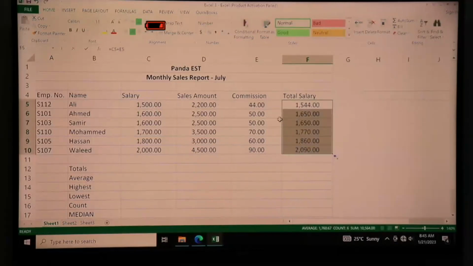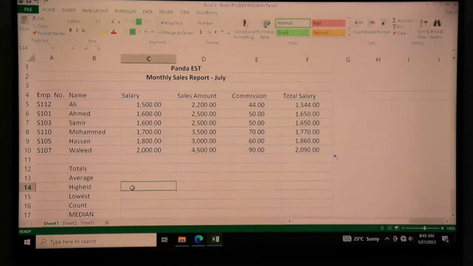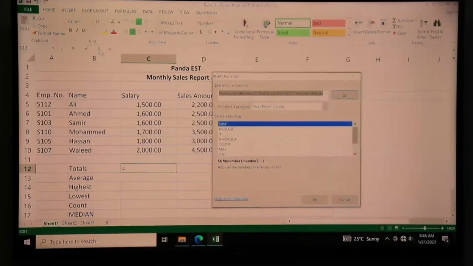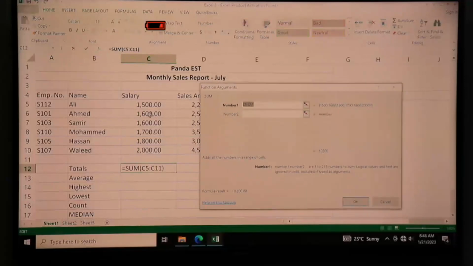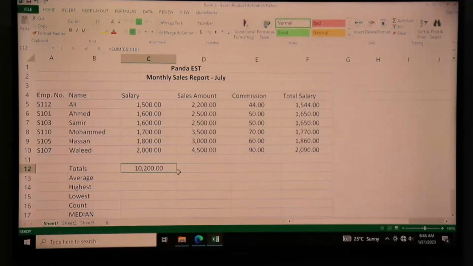After getting these two formulas, you're supposed to compute the totals, the averages, the highest amount of salary, and the lowest salary paid. So how do you insert this function? We said there are two ways of doing this. Number one, you can click on the Insert Function tab from the formula bar. Once you click, you look for the function applicable in this situation. Here it is SUM. Then you highlight the range of cells down, then click OK. Once you get this, you copy the formula across the screen.